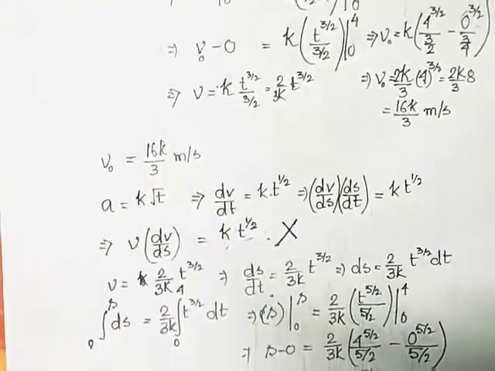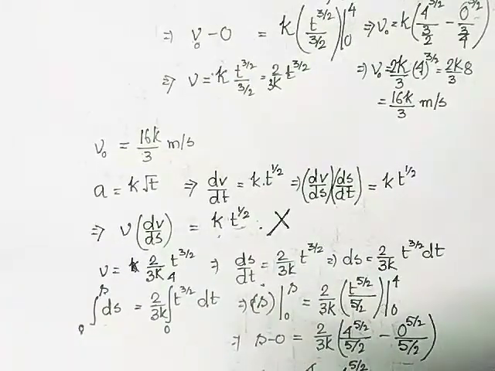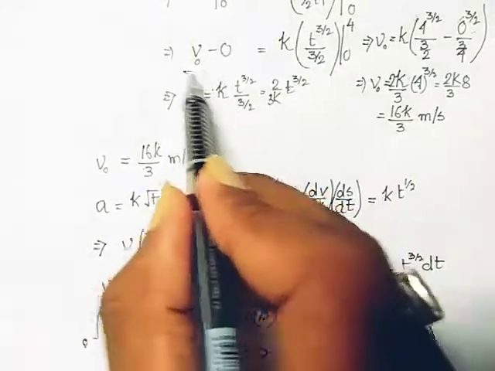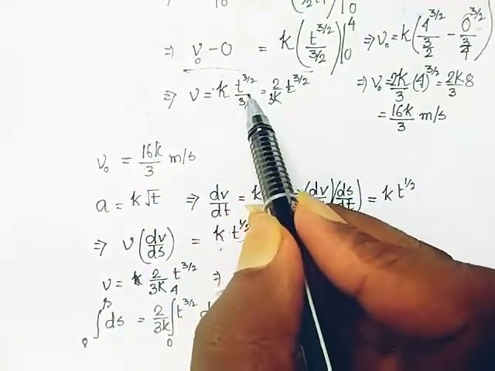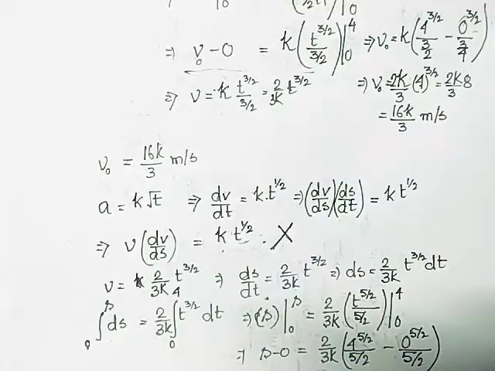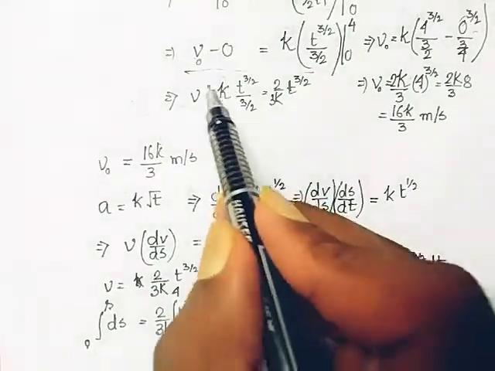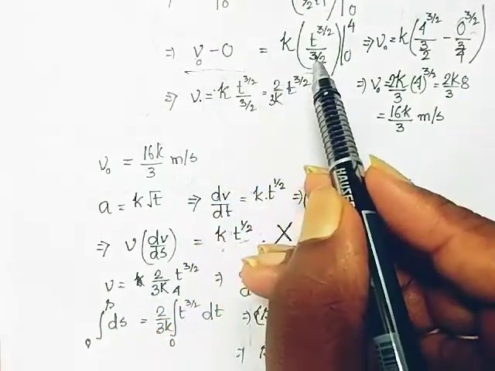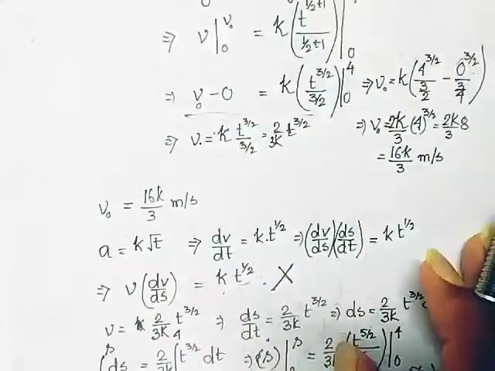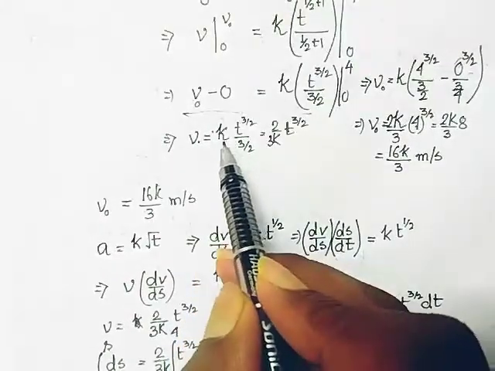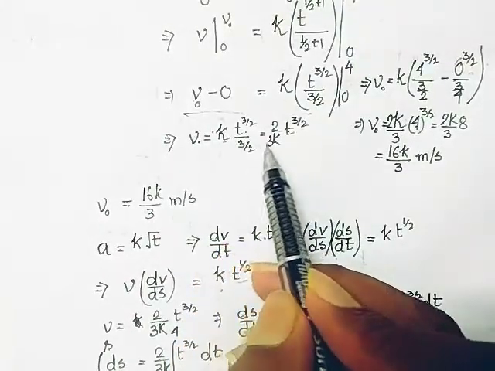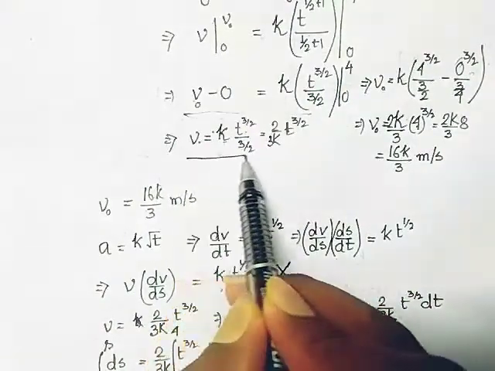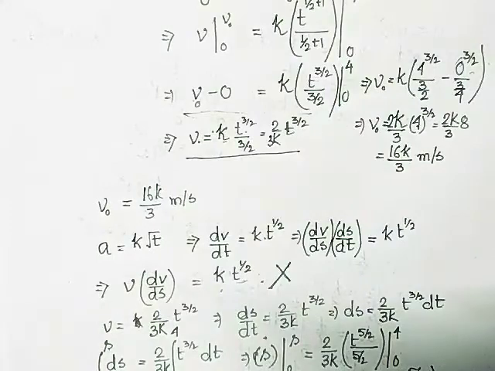So we have adopted this one again. Where do we get this? We get this from the equation in the midway of deriving dv/dt, and from it we can find out the velocity at any instant. Here I am calculating for 4 seconds, but the velocity at any instant is k into t to the power 3/2 divided by 3/2. So from it we get the instantaneous velocity of the particle at any instant.